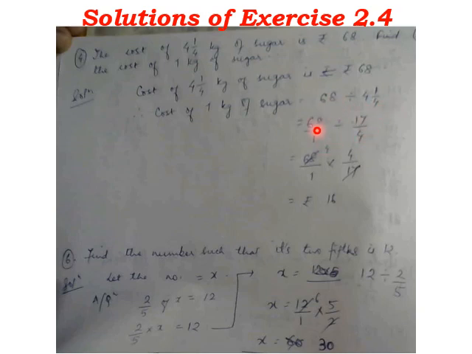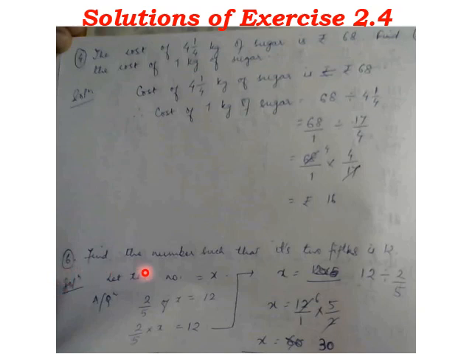68 divided by 4, fours are 16 plus 1, 17, 17 by 4. On simplifying, we will get the cost of 1 kilogram of sugar as rupees 16. I know many of you are doing 4 whole 1 by 4 divided by 68 and also getting the correct answer. Please make your base strong in this chapter, because upcoming chapters are related to fractions, so you have to be very perfect in this.